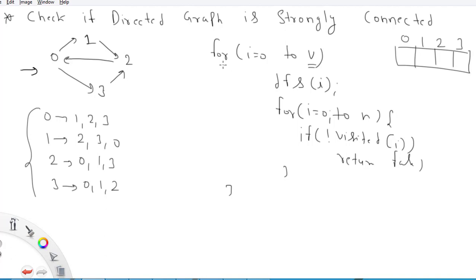The first point is we'll cover each and every point. Second, for each point I will cover the DFS, and after covering the DFS I will check if all the values are true here. If all the values are true, it means my graph is strongly connected for this point. And then I will check with each and every point, and at any place if the visited array has a false value, in this case I can return false.